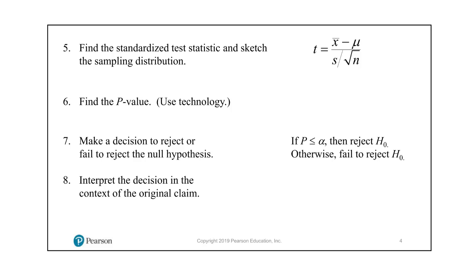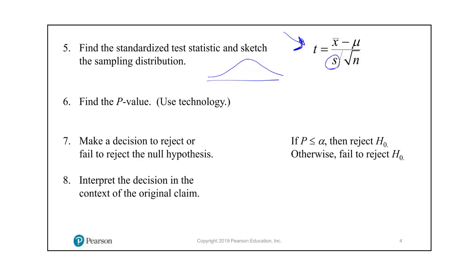Then we're going to find the standardized test statistic. Again, this time it is t, using s instead of sigma. So that's what we know here, s. And we want to sketch the sampling distribution to figure out what tailed test we have. Now, then we're going to use